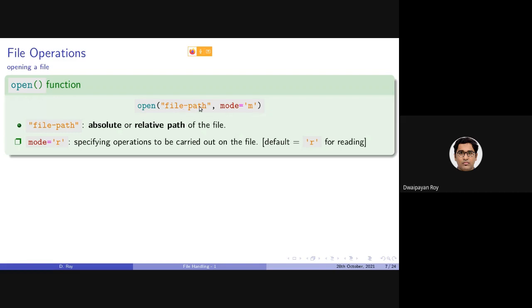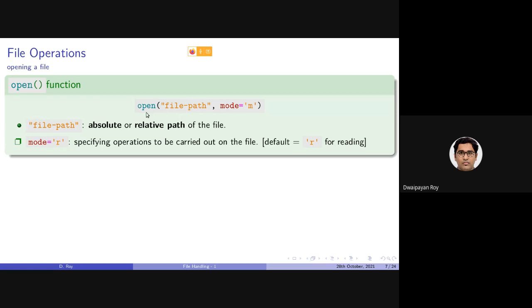In the file path, we should specify the path of the file that we want to open. And the second parameter, which is optional, will specify what type of operation we will be applying on this file.